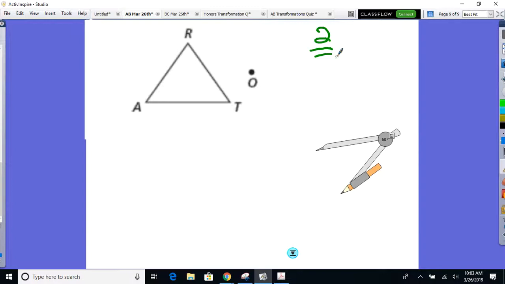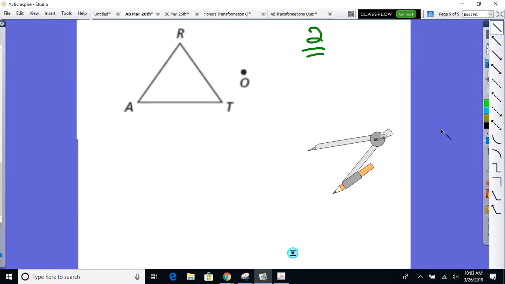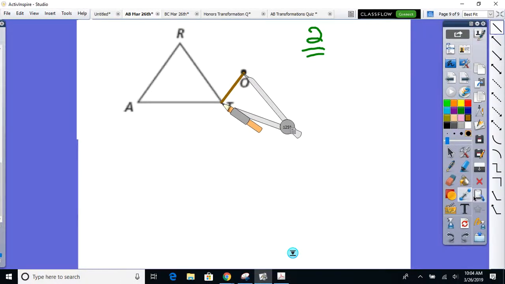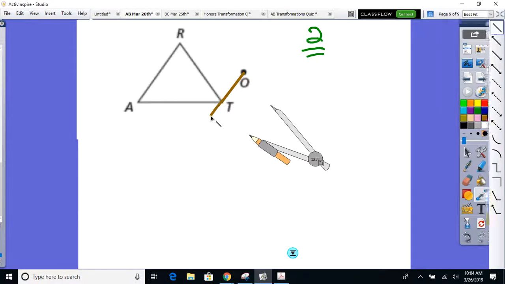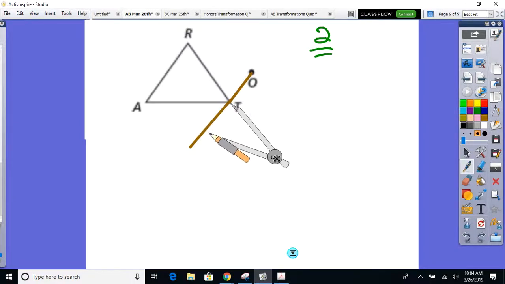Further away now. How would I use my compass now? Ready? I take TO. How do I double that distance now? How do I double this distance? Where do I go now? Thomas, go ahead. So measure that, put it on T, and